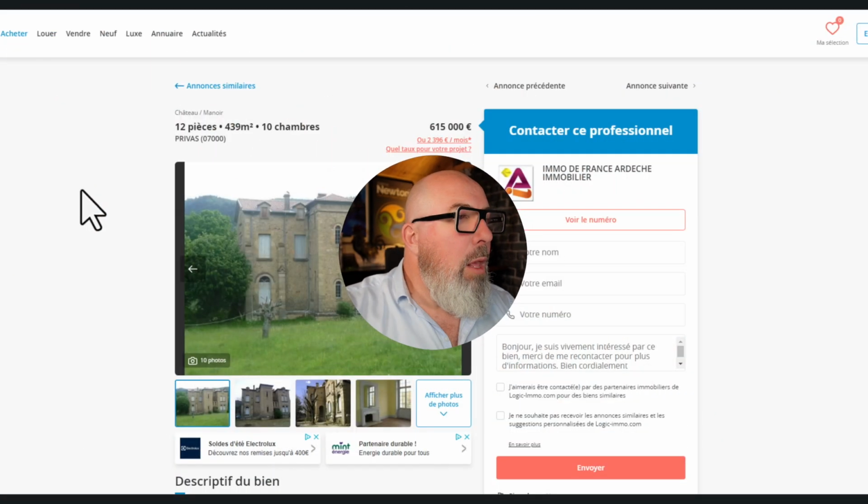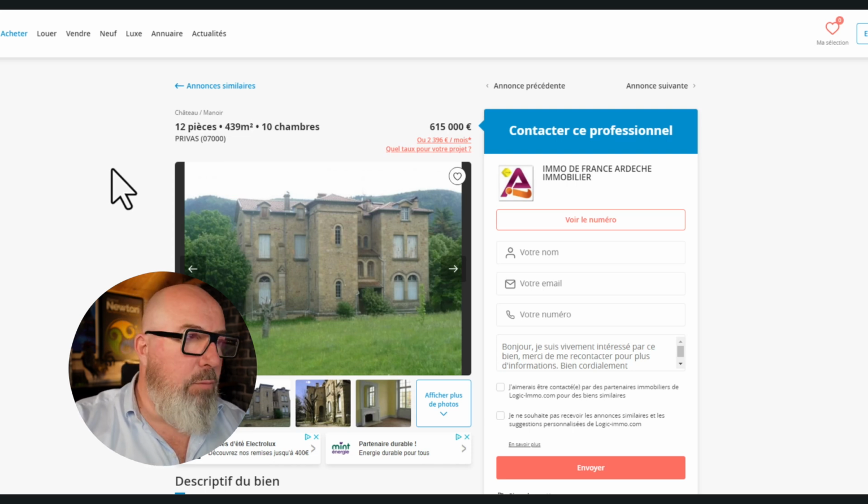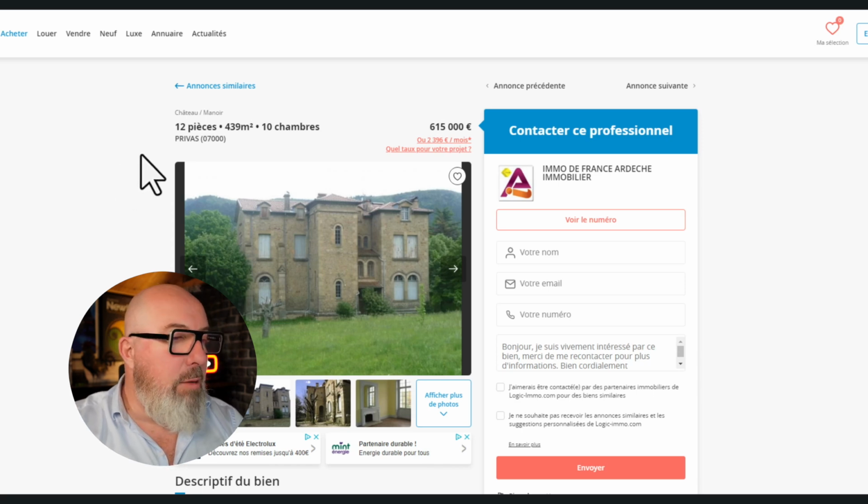680, and on to the third one at 615. So relatively expensive compared to the other regions, but we are getting to the Swiss border, and everyone knows what Switzerland's like when it comes to money. Everyone wants to head that way, so prices will go up. But basically here we have a chateau in Privas, 12 rooms, 439 metre squared livable space, which is about 5,000 feet square, 10 bedrooms,